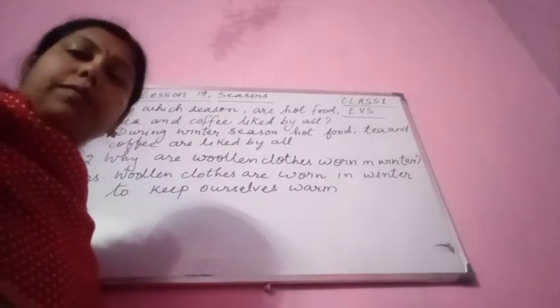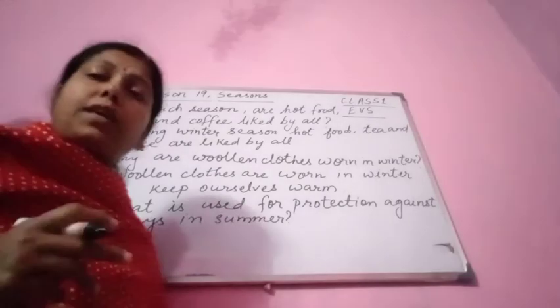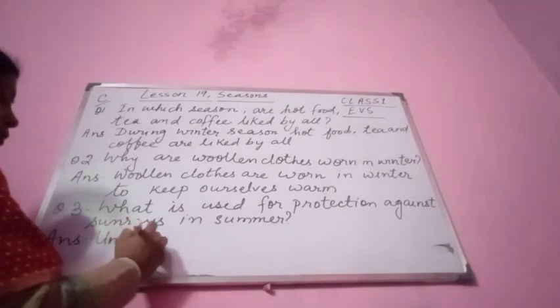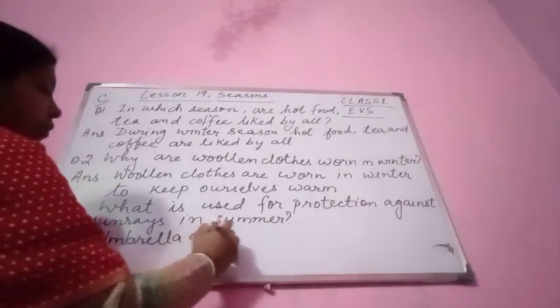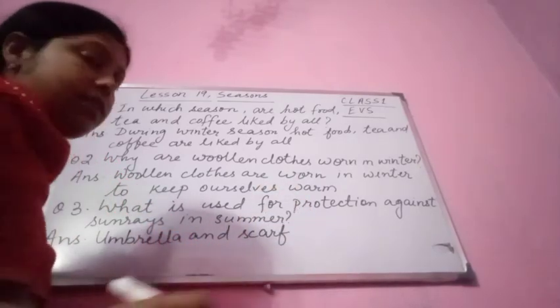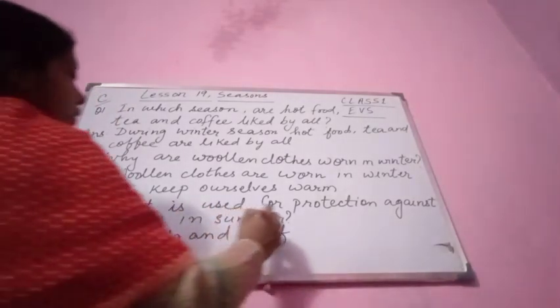Alright, next number. What is used for protection against sun rays in summer? Now you see the next question, question number 3. To protect ourselves from the sun rays, what do we use? We use umbrella and scarf, isn't it? So you write down here umbrella and scarf. Scarf, usually girls tie around their heads. So umbrella and scarf are used